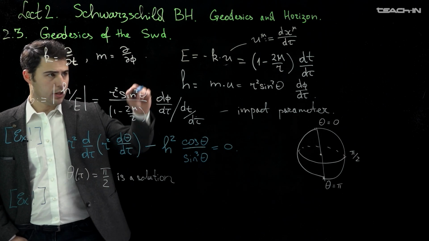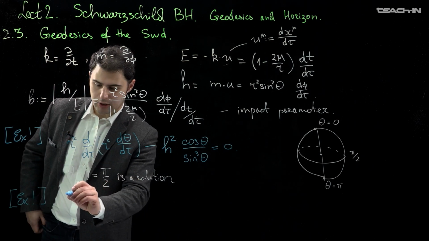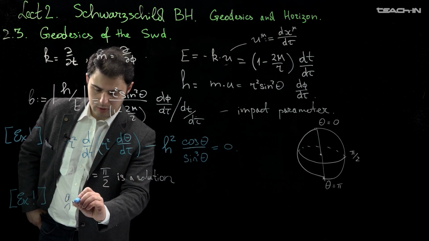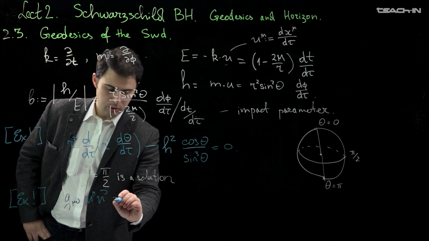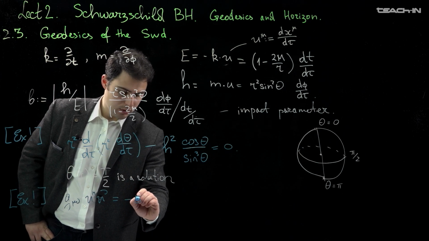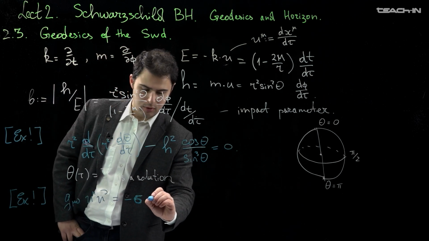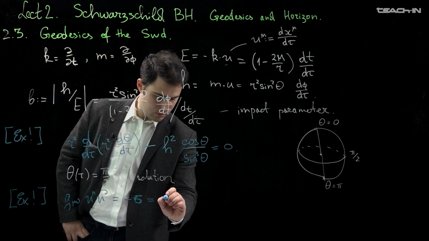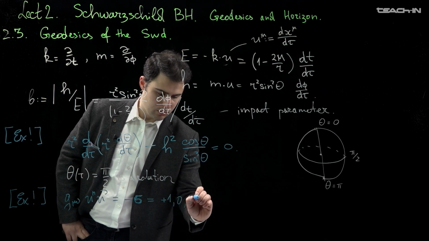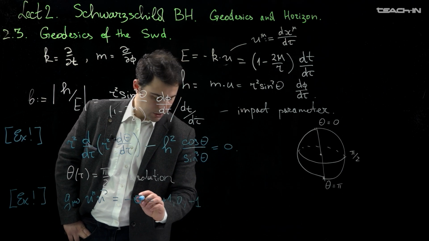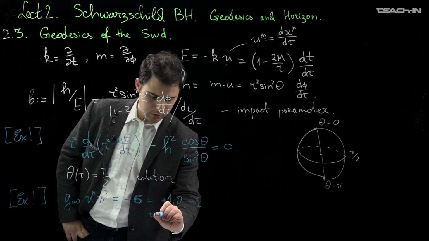First of all, let's choose the affine parameter such that g_μν u^μ u^ν equals minus σ, equal to +1, 0, -1 for time-like,